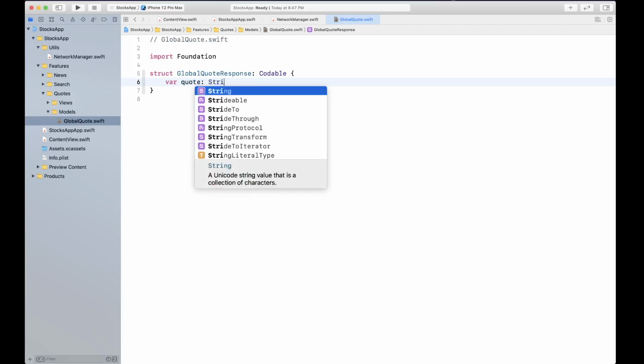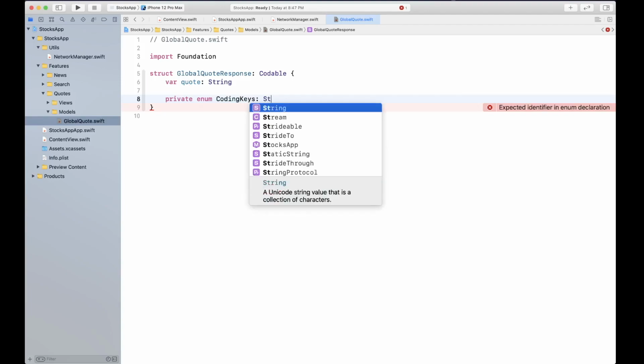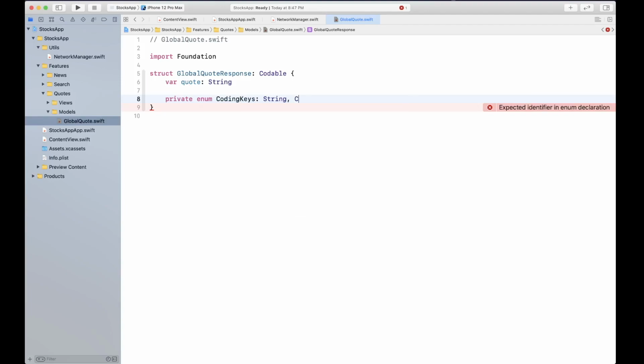For now I'm going to create it as a string type. We're going to change that, but before we change and create a custom quote object, we're going to first create our coding keys, which is going to conform to String and CodingKey protocol.